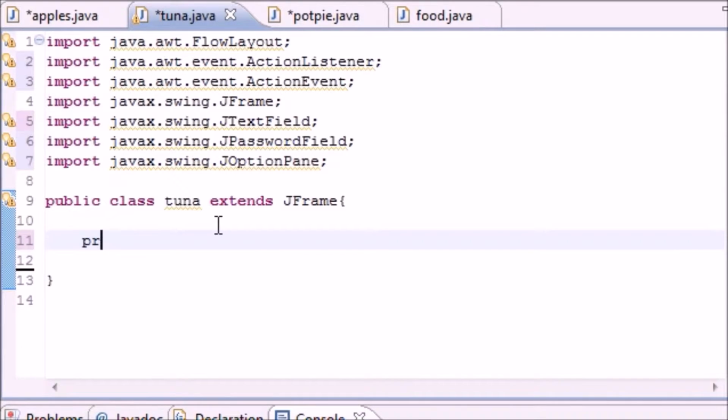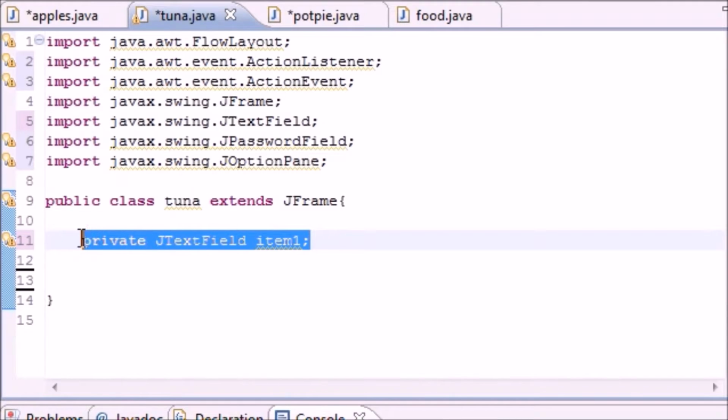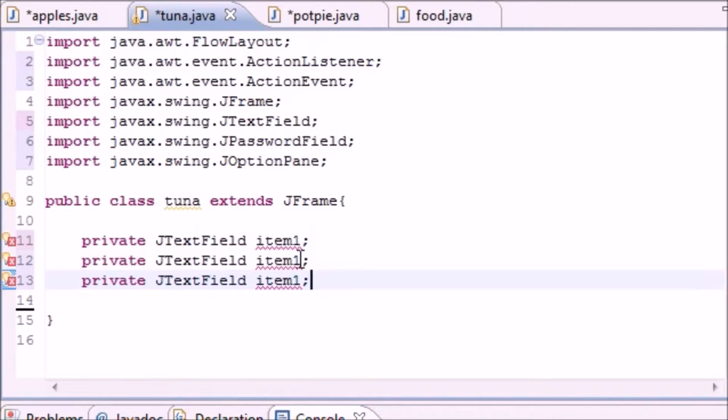So let's go ahead and make variables for those. Let's make our first text field first. So private JTextField, and you can name it anything you want. I'm just going to name mine item1, and I'm going to make 3 of these. So I'm just going to copy this because I am extremely lazy. Item2